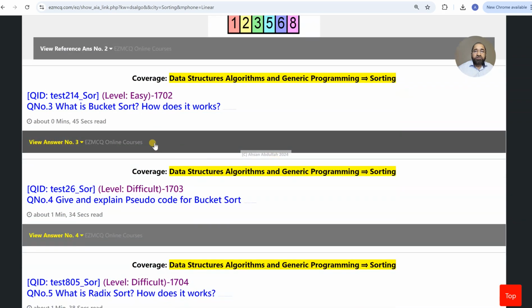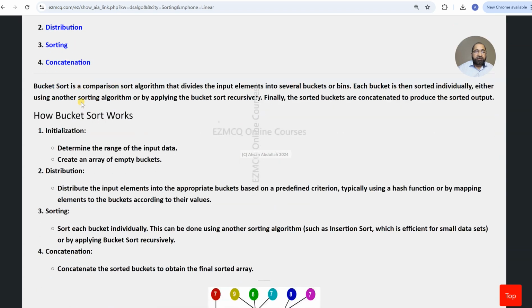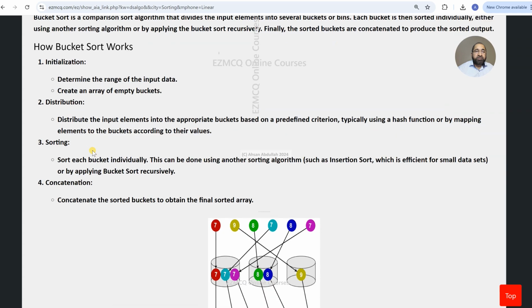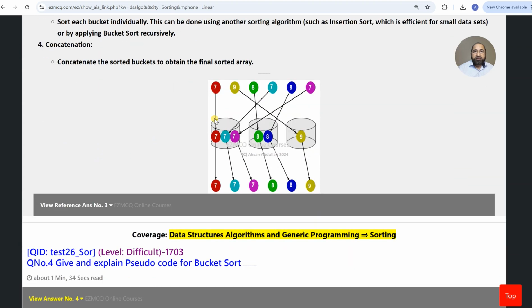Now, what is bucket sort and how does bucket sort work? First of all, we initialize the array and determine the range of the input data, and then create empty buckets and distribute. Then we send the numbers to their buckets, and then the sorting takes place within each bucket, and then there is a concatenation. So again, if you look at this picture, which is worth more than 1,000 words,